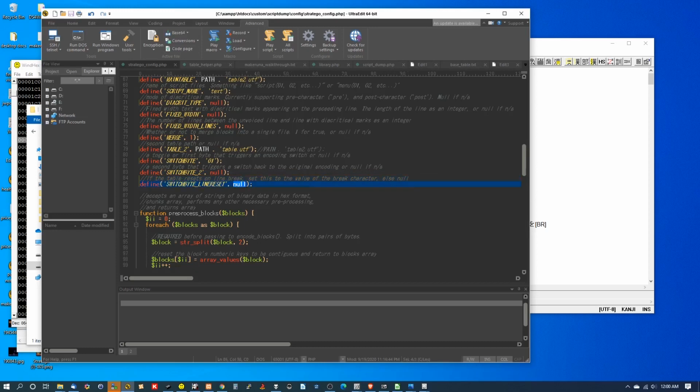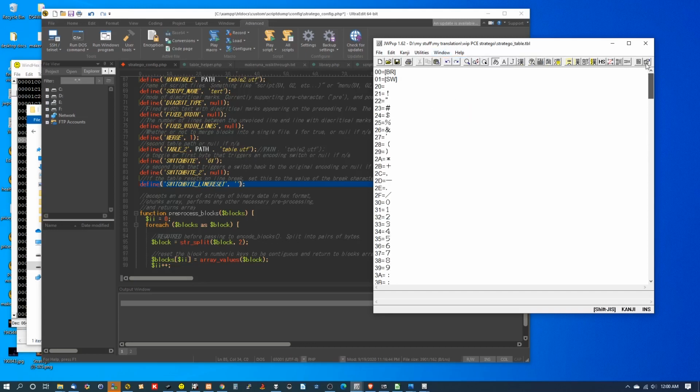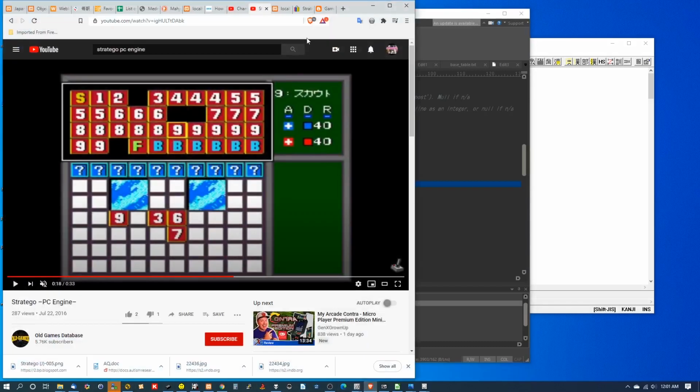So we need to set it to the value of the break character, so we can go here, look at our table file. Of course, the break character, I believe it's 0. Yeah. So we're just going to copy that, and we'll put that in there. So we'll go ahead and save that. This is our config file. Yeah. And we'll go ahead and run it again. So when we do that,